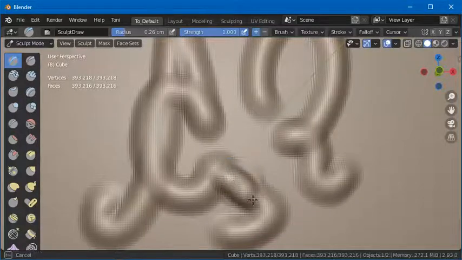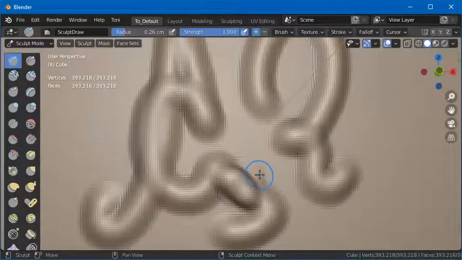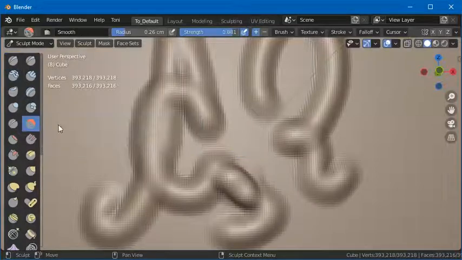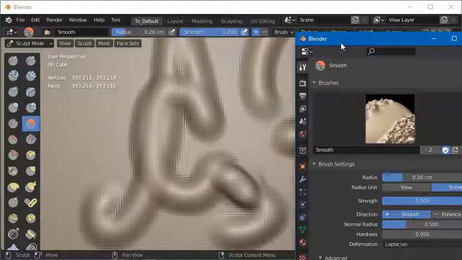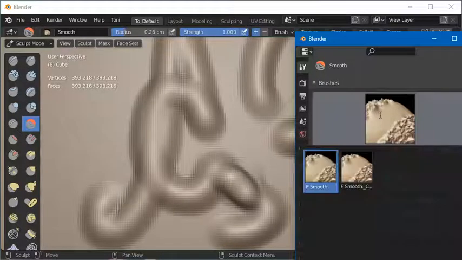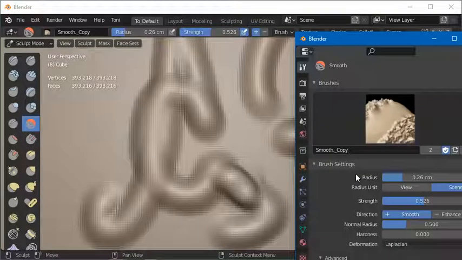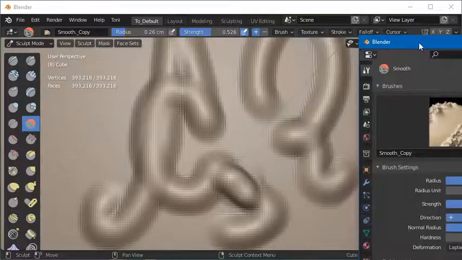Something to also take into account is that Blender uses exclusively the brush called Smooth to do the smoothing by pressing the Shift key. I will switch to the smoothing tool and I'm going to set its strength to its maximum. Then I'm going to assign to the smoothing tool other than the original brush, a copy of it, and I'm going to assign to this brush's strength a value of 0.